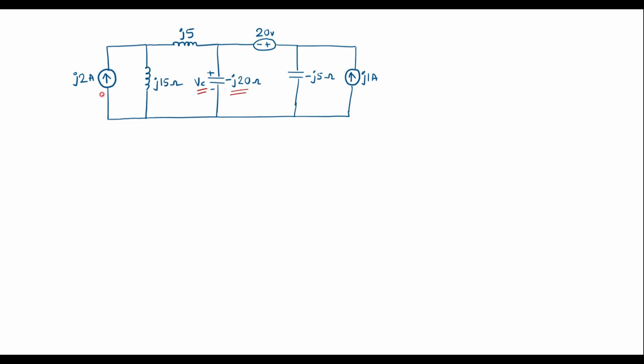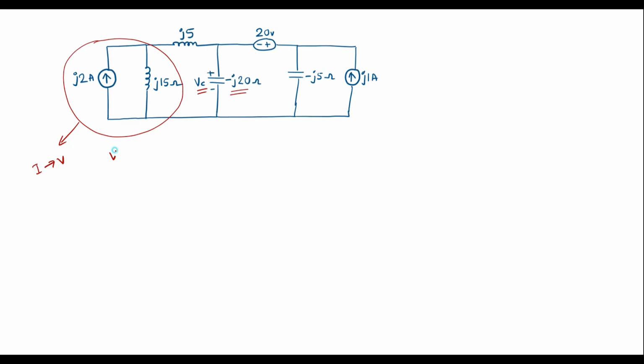Here we can observe that J2 amp is in parallel with J15. Similarly here J1 is in parallel with the reactance minus J5. We can convert this current source into voltage source as well as this current source into voltage source. That is, these two are in parallel, so we can convert current source to voltage source. So we know that V equal to IR. So I value is,